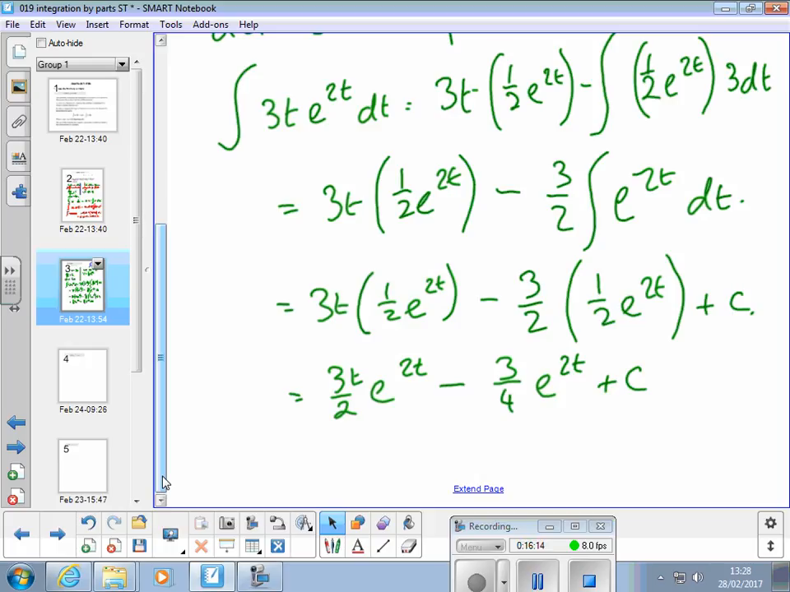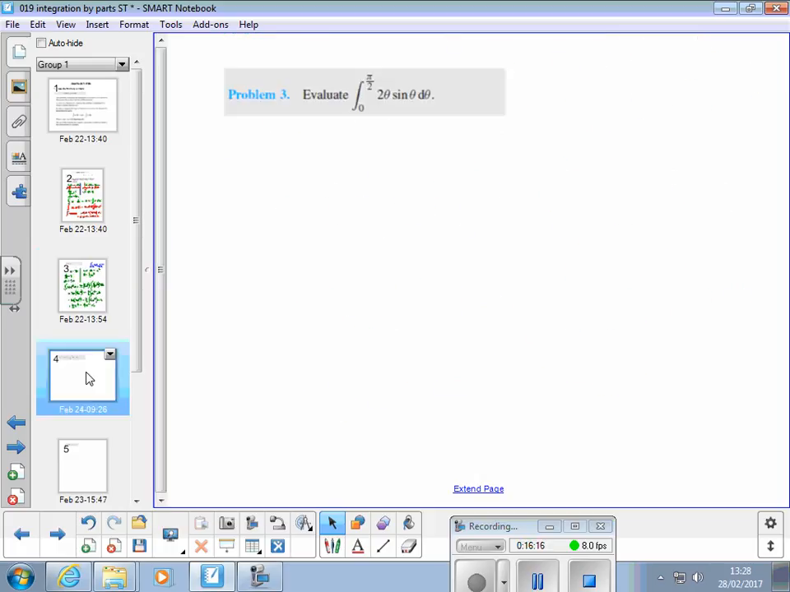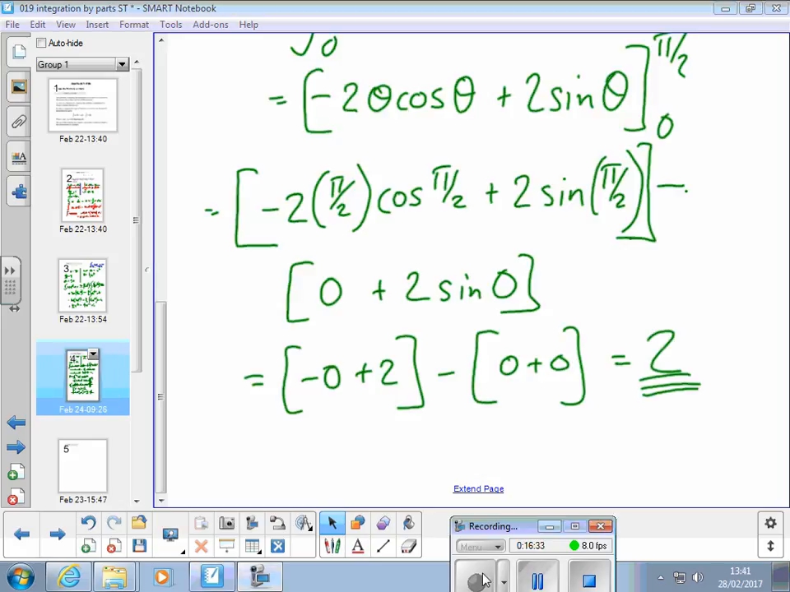Right, on the next page, before we look at something that's a little bit more tricky, there's a definite integral for you to have a go at evaluating to get a final answer of a number at the end. Right guys, final answer, 2. After all that,